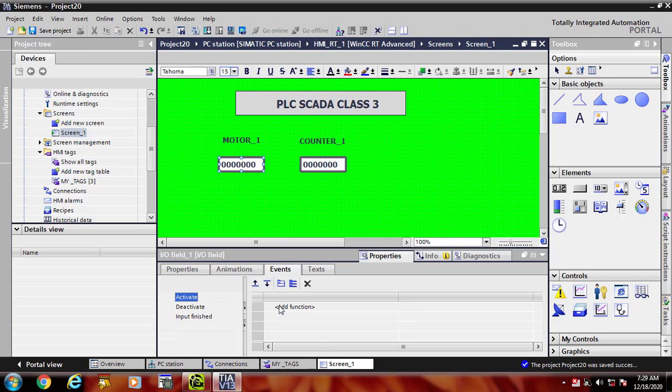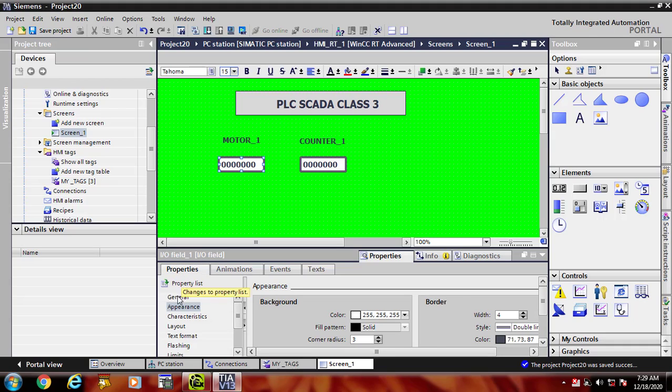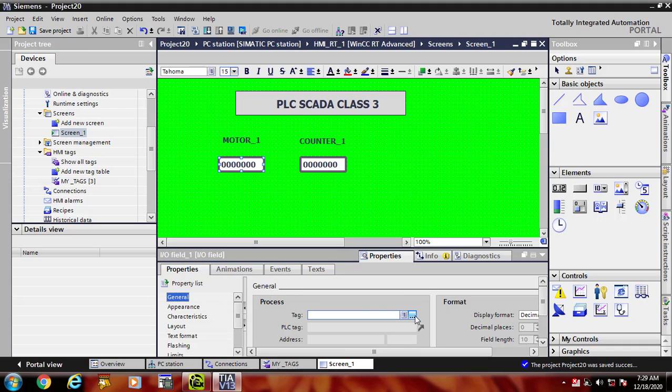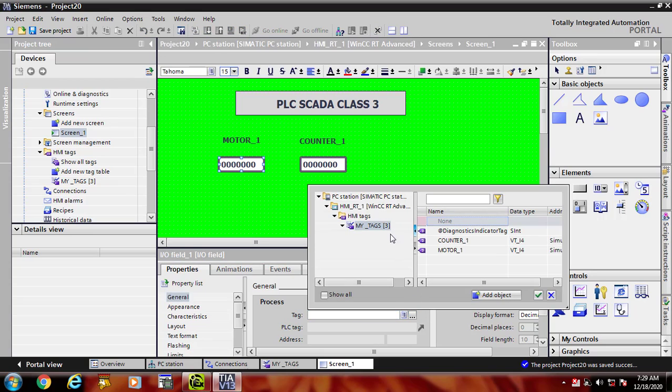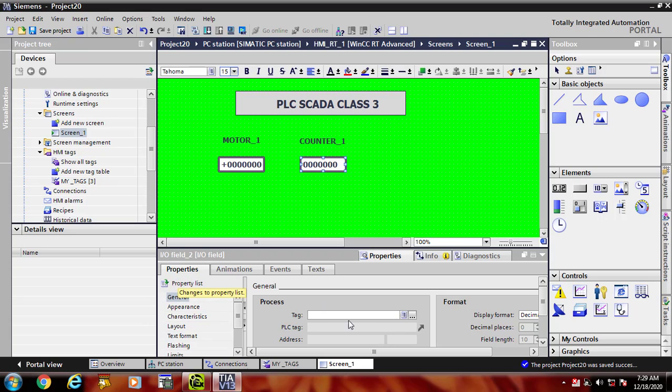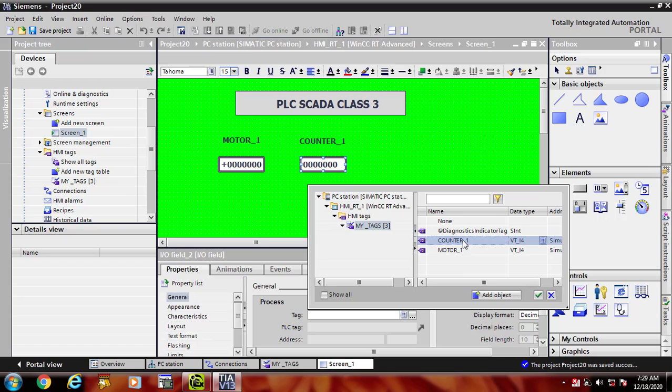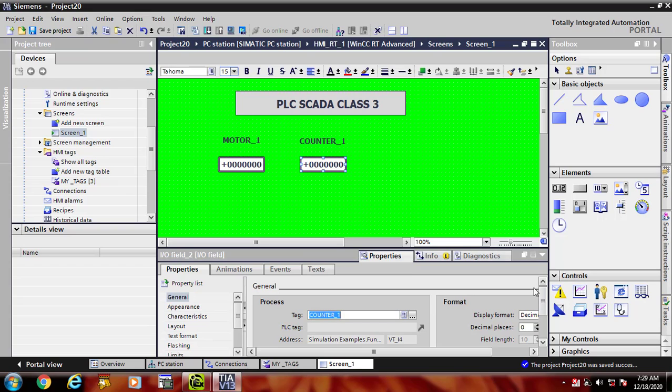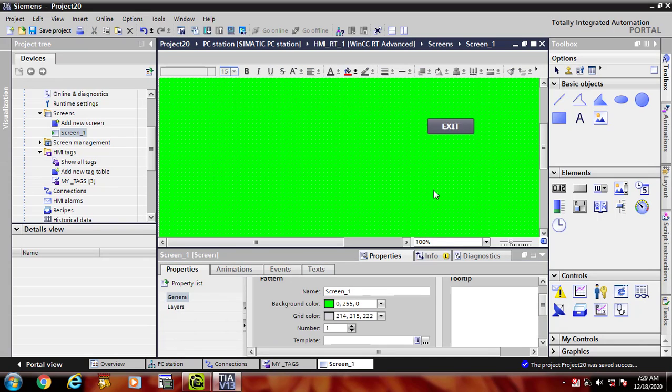Click on it, go to properties, assign its tag, go to tags, go to process and tags, and then it's motor 1. Yes, assign it to it. It will take the value from motor 1, and motor 1 will take its value from the KEPServer directly, and indirectly those values will be displayed here. The other one is counter 1, assign it its tag counter 1.